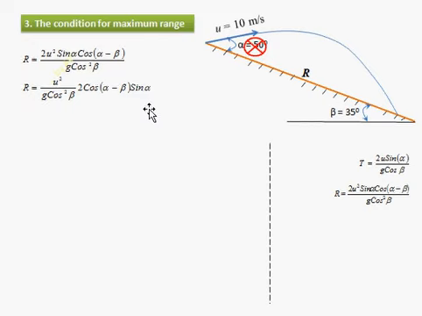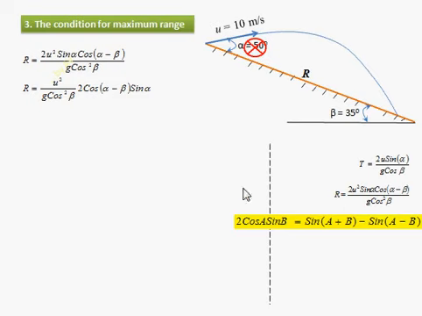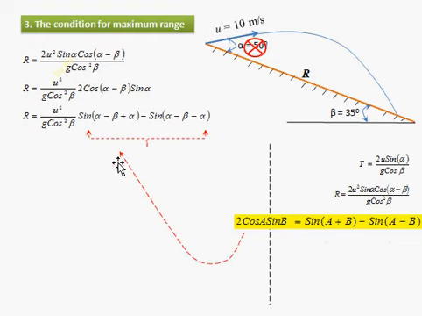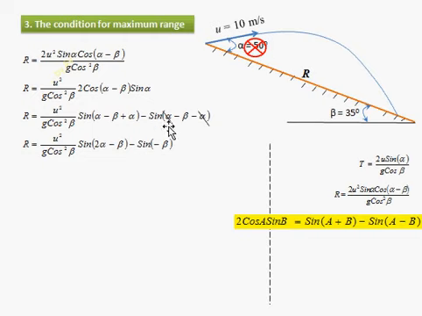As a next step, I am using this trigonometric formula: we have two cos A sin B. Here A represents alpha minus beta and B represents alpha. Writing that formula, we can have the expression like this. Utilizing this, we can write like this, and the plus alpha and minus alpha will get cancelled, and here two alphas are present. So we can rewrite like this. Now you can see the formula is reduced so that alpha is present only here, not here. So we can easily analyze this formula.